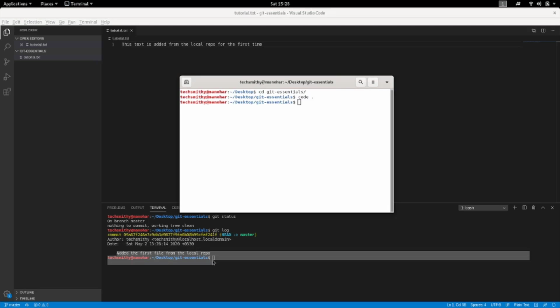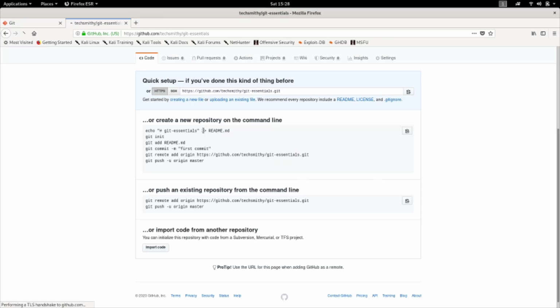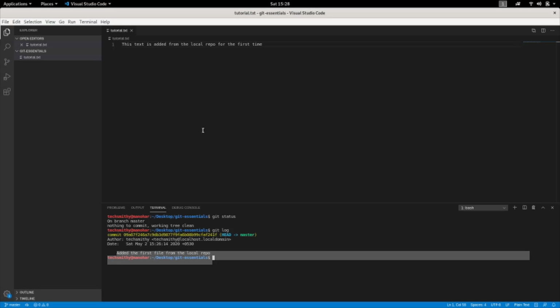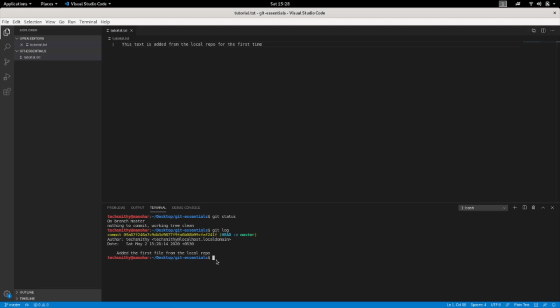Now let's go to the repository. Let me reload that. There is no code still in the repository. Why? Because the process for getting your code from local repository to remote repository is pushing. You didn't do that. You just committed your local changes. You need to push a commit to your remote repository. For that you need to do git push origin master.